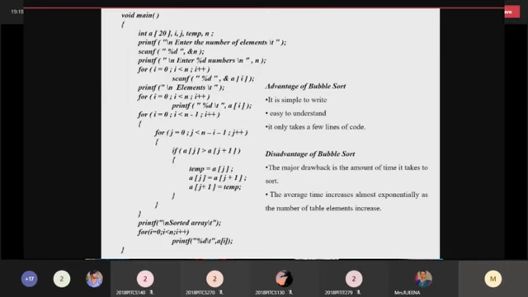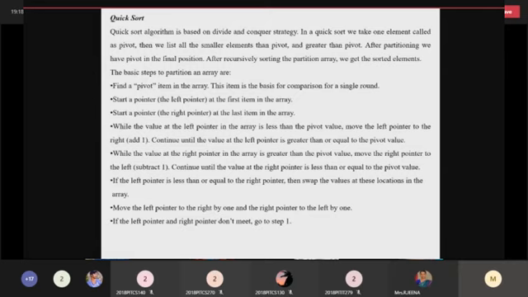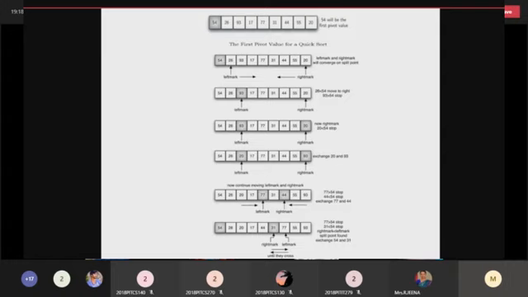The next one is called quicksort. Quicksort is a very famous technique. When the list is large, you can go with this type of concept, where you have to take the pivot value. You can choose either the left-hand side or the right-hand side as the pivot value. Once the pivot value is fixed, you have to take the left mark as well as the right mark. If I am taking the left side as the pivot value, then you take the right mark on the right-hand side.